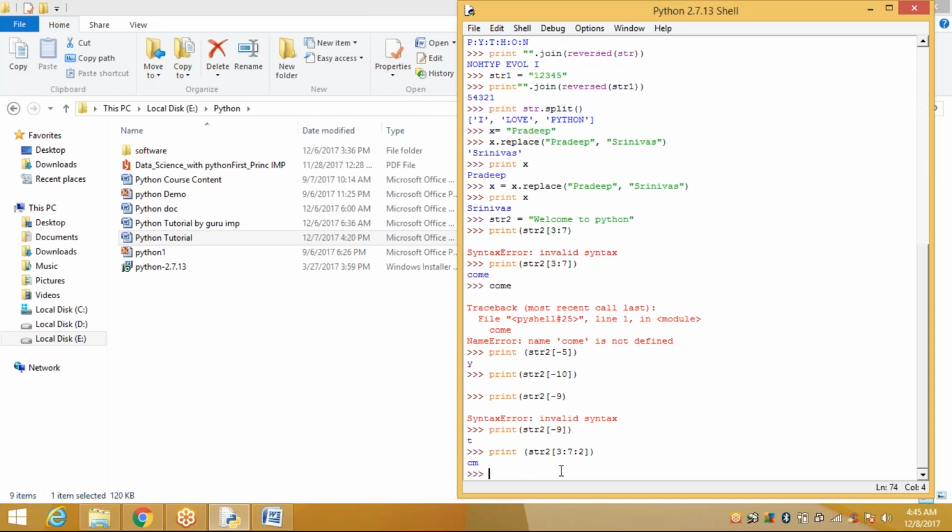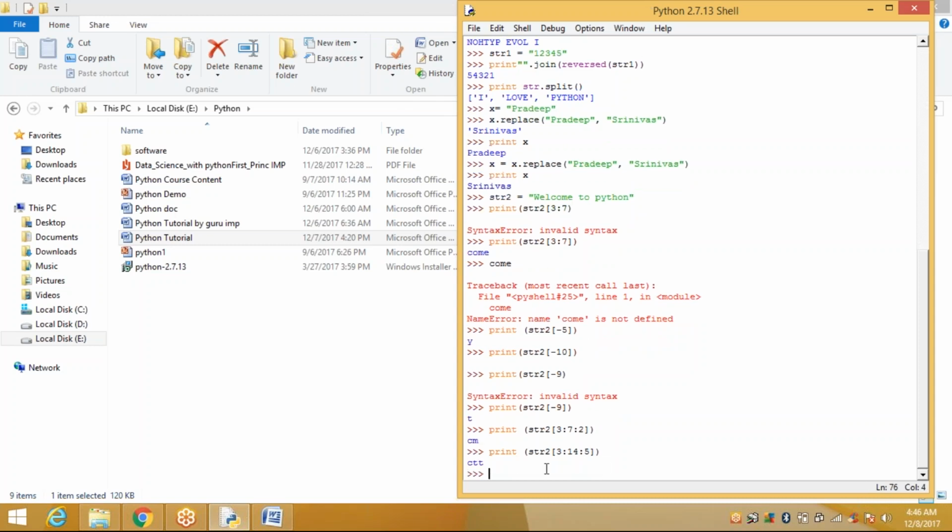Okay. Suppose, see here, print str2 with 3 colon 14, and step 5.